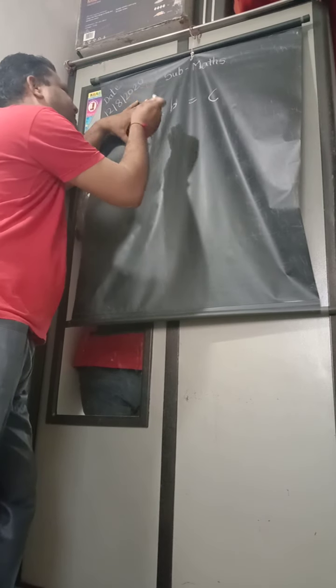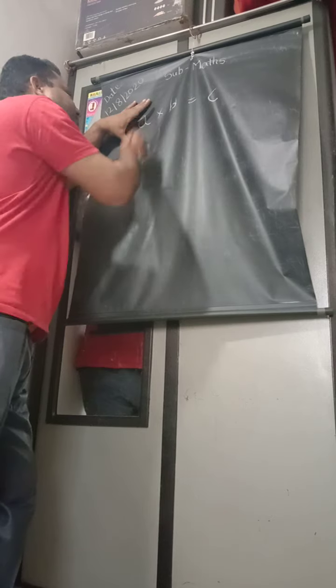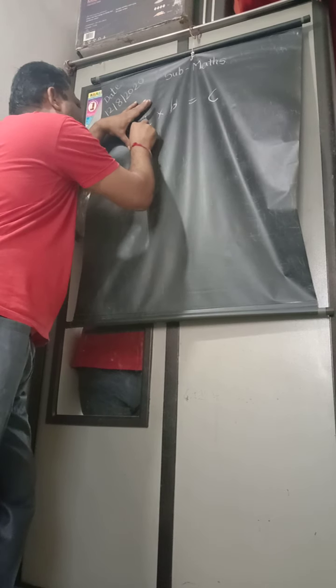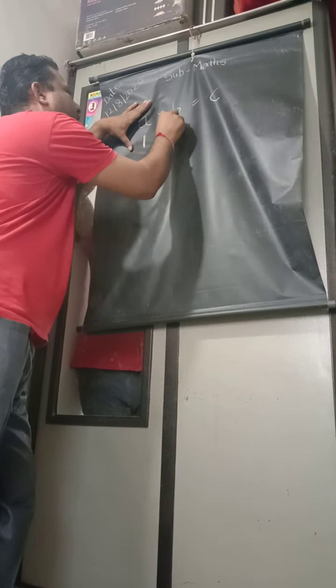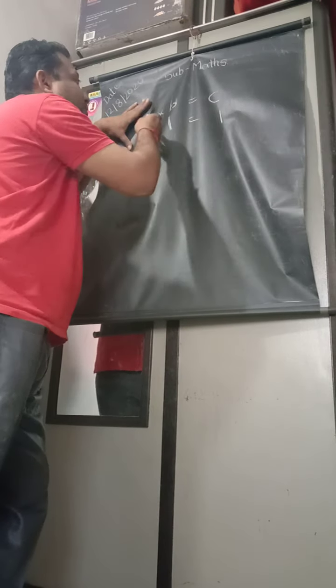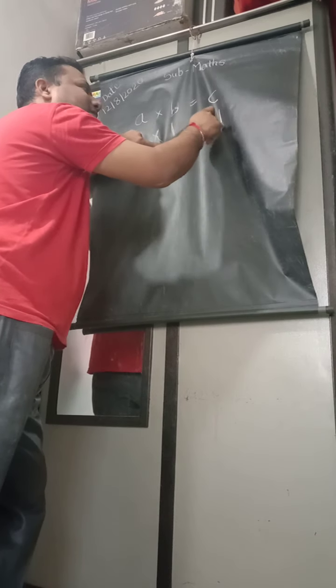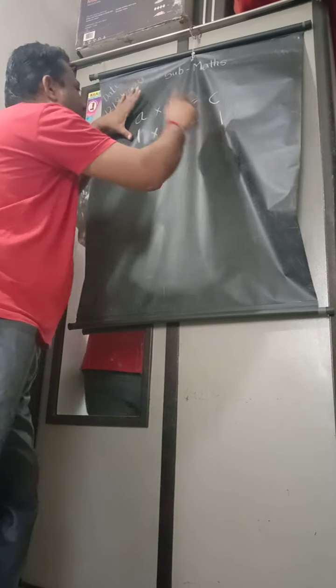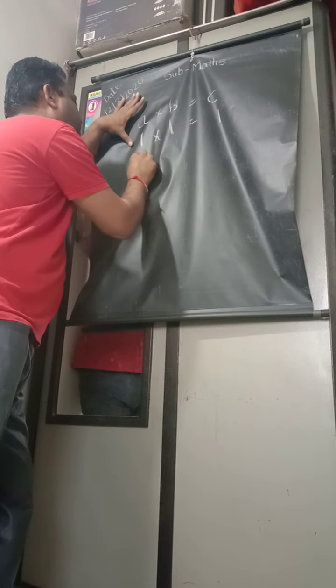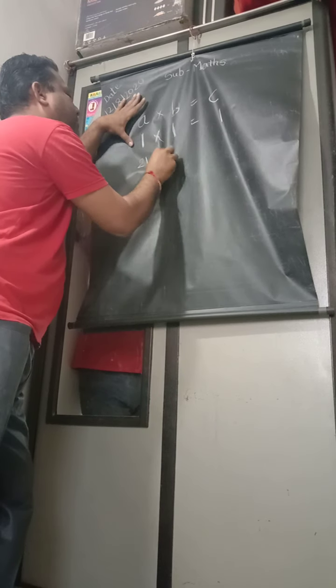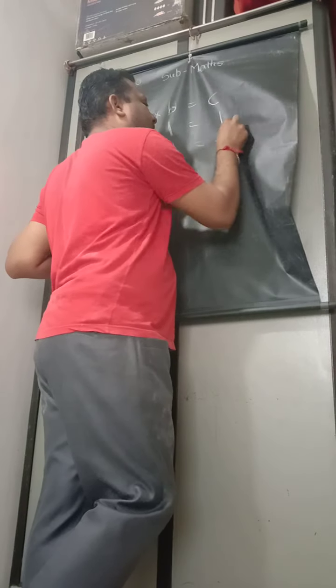Friends, here listen. We come with the numbers. This is 1 multiplied by 1. What is the answer? 1 into 1 is 1. Here A is equal to 1, B is equal to 1, therefore C is equal to 1. We move ahead: 21 multiplied by 1. A is 21, B is 1, so the integer C is 21.